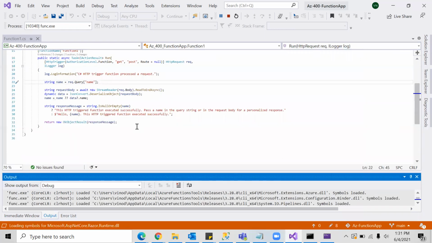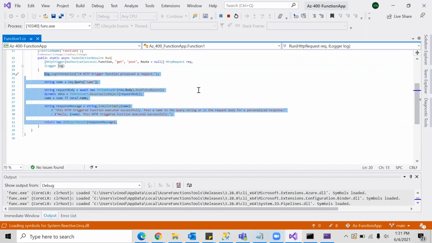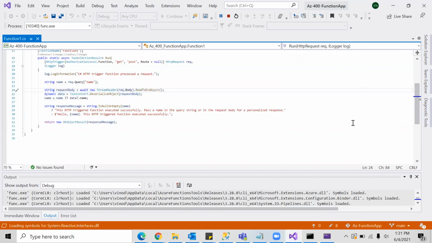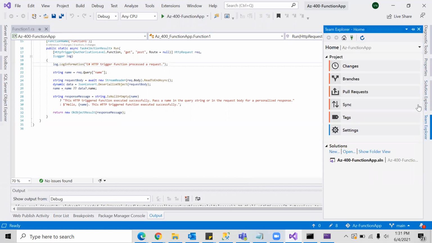Well, I don't want to waste time on this. This is boilerplate code anyhow, so it will definitely work. What I will do is proceed to commit this to the repository. I can just go to Team Explorer. I will just stop this. But it is always advisable to test this on the local machine before pushing to the repository.